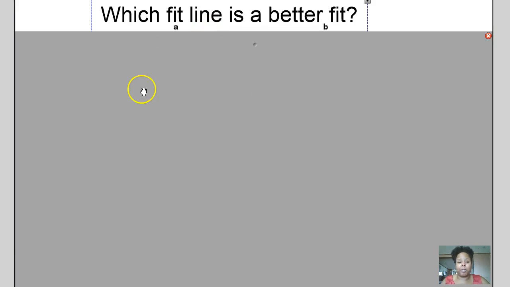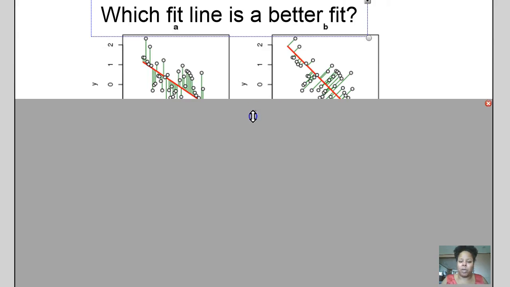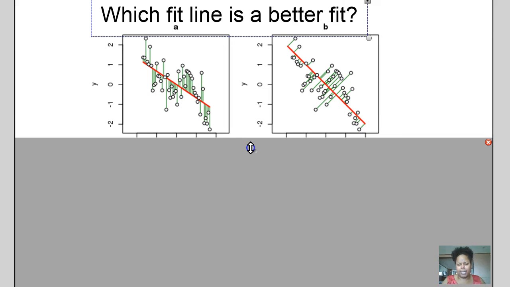Okay, so what we're going to talk about today is this concept of trying to determine which fit line is a better fit, and how do we determine what that fit line is. Well, the way that you can determine if a fit line is a better fit line is by looking at how far the data points are from its actual fit point